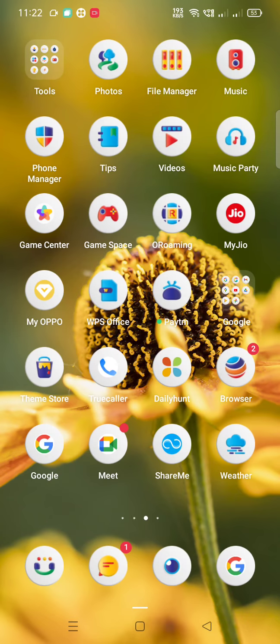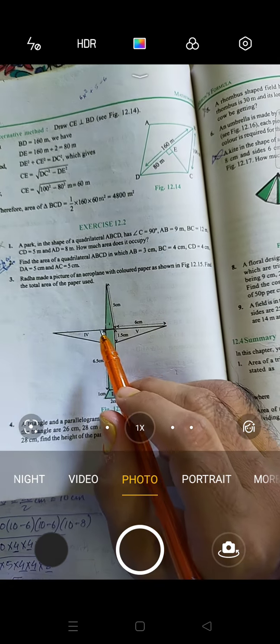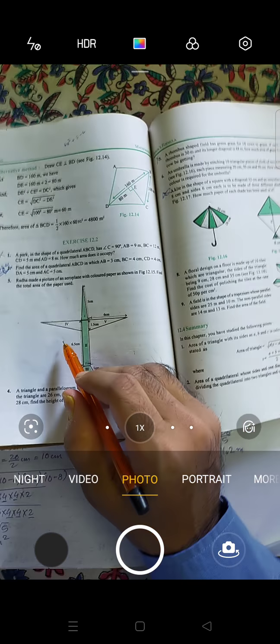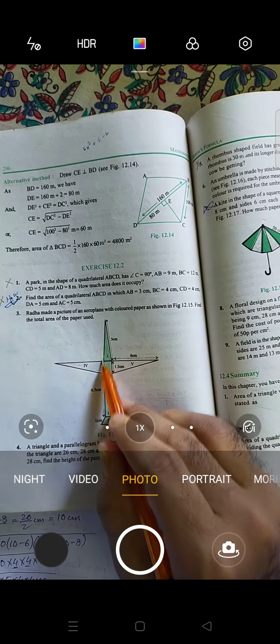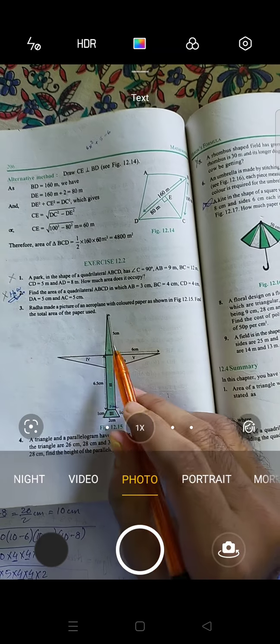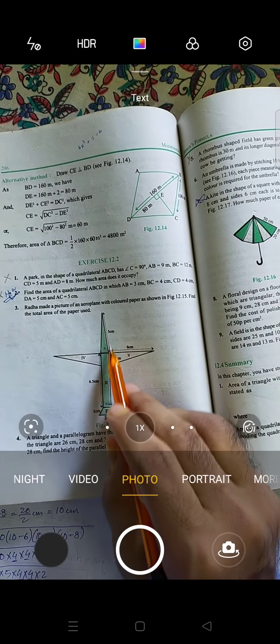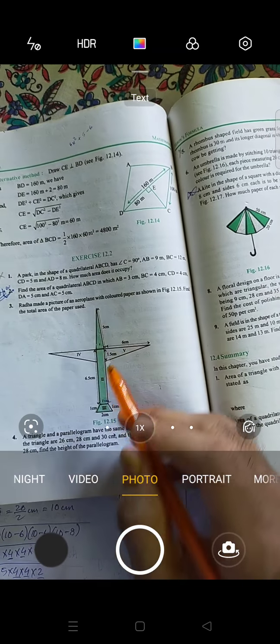So I am taking this triangle, this first figure. You will write in figure 1. We have 3 sides: this is 5, this is 5, and this is 1. So in figure 1, A is equal to 5, B is equal to 5, C is equal to 1. Use Heron's formula and find this answer.